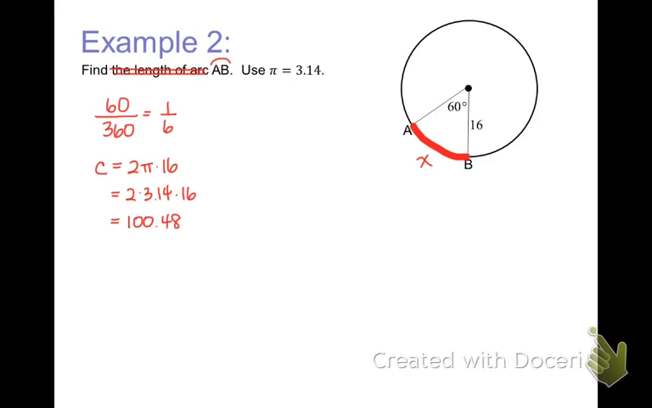So X is going to equal 1/6 of the whole circumference. Do you guys see that? Does that make sense to everyone? Using the angle, you found out how much of the circle that pizza piece made. And then you said, okay, well then I should be able to find the whole circumference and take 1/6 of it because that's how much of the circle this piece makes up. Right? All right, so 1/6 of the circumference is going to be 1/6 of 100.48, which is